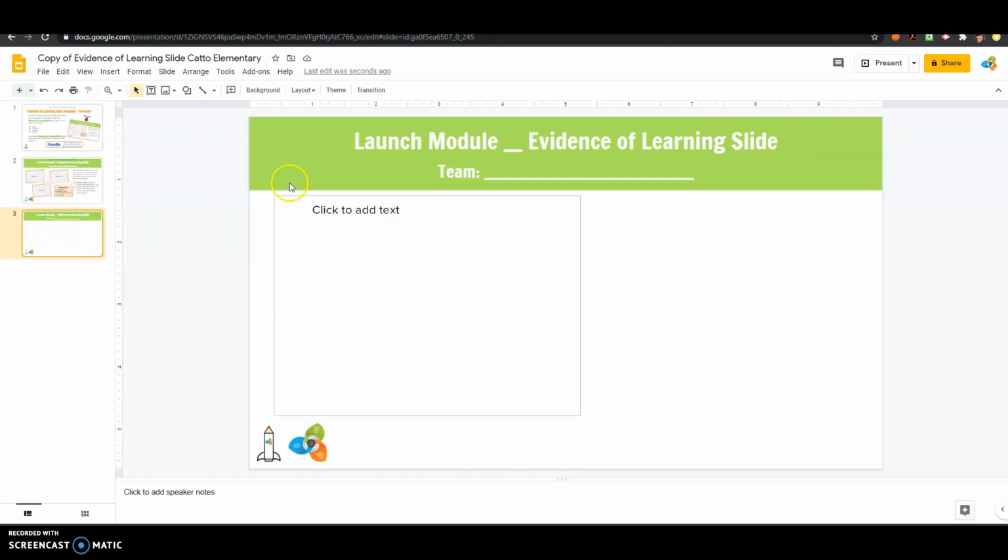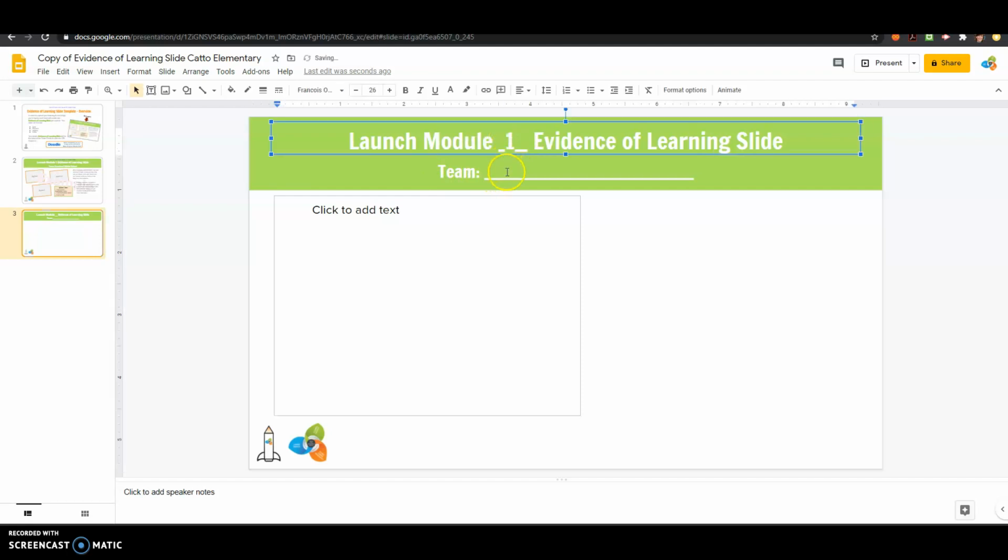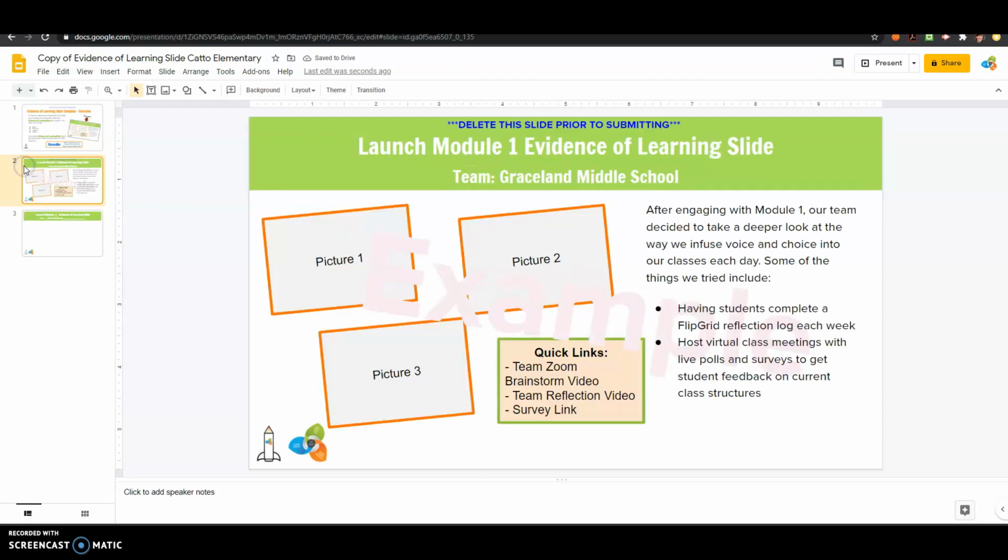So it's actually on slide 3 where you would add in the number 1 for the module it is. Add in your team name. And like slide 2 says, you can add in anything. You can do a picture, you can add in text, anything that shows what you have done with the information that you've learned in Module 1. Because remember, this